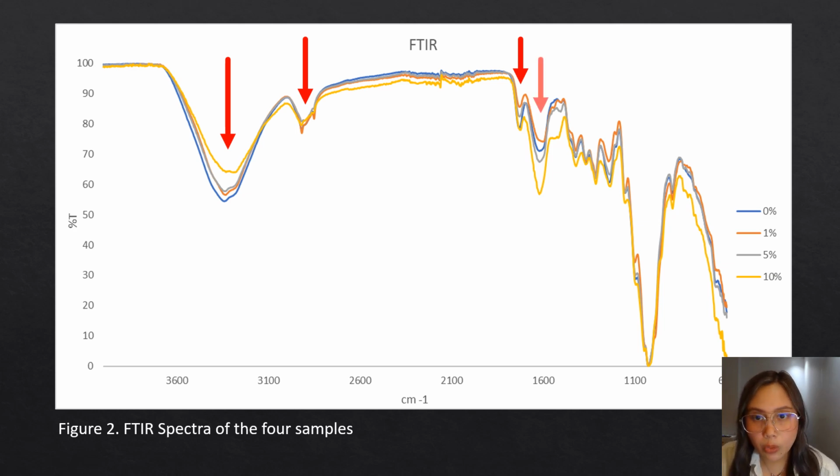For the next peak, which is 1,622 per centimeter, it can be associated with the water content, lignin, and hemicellulose. The peak in this area decreases up to 1% but only increases when the fibers are treated at 5% solution. At 1,504 to 1,500 per centimeter, we can see the aromatic ring C=C stretching.